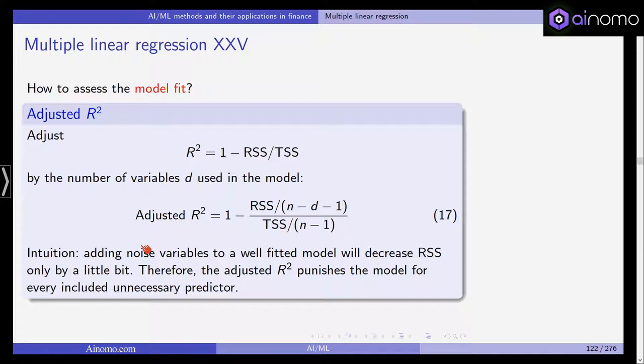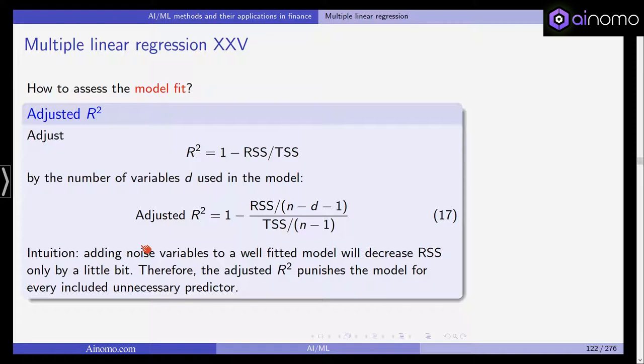And this is done in the so-called adjusted R-squared. As you can see, it's basically the R-squared, but it will decrease, and it will be punished for the inclusion of unnecessary predictors. So any predictor that is included that doesn't add to the model's fit will actually